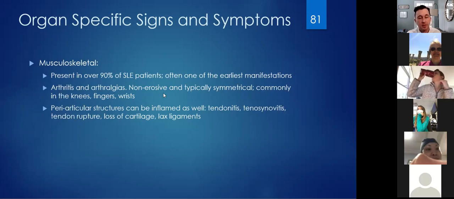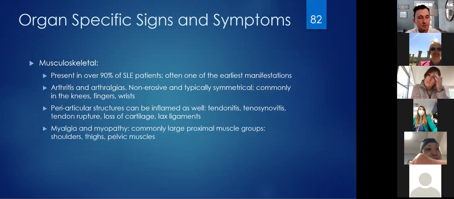I'm going to show you a picture of that, but that's very different than a lot of other rheumatic diseases, such as rheumatoid arthritis and psoriatic arthritis and ankylosing spondylitis. All these other autoimmune types of arthritis usually cause joint destruction, but that's not the case in lupus. Now, keep in mind, there are some patients who have an RA lupus overlap, and so that's not always the case. But in general, it's a painful but non-erosive arthritis. They often have pretty bad myopathy, mainly in the shoulder girdle and the pelvic girdles. And then, of course, they can get osteonecrosis.